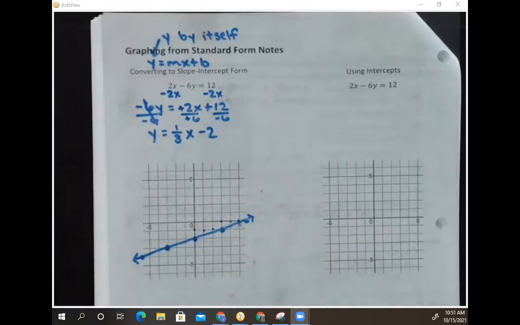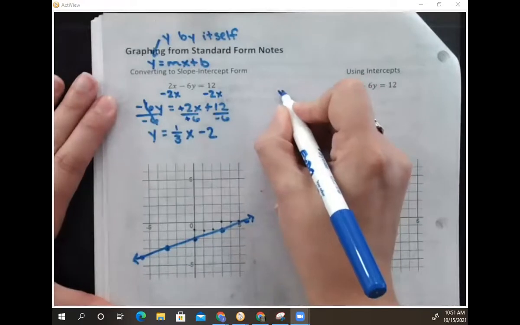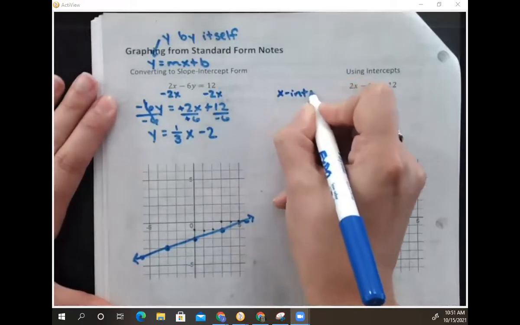So we have just graphed a standard form function by rewriting it in slope-intercept form to find the y-intercept and the slope. Okay. We have another option. So if this was not your favorite thing, there's another strategy that you can use. What we're going to do is find the x and y intercepts. Okay. So to find the x-intercept